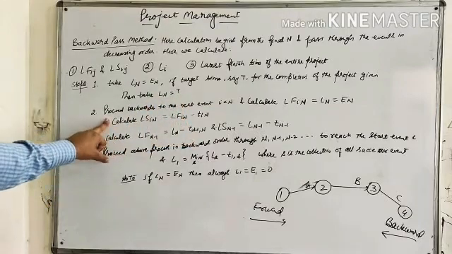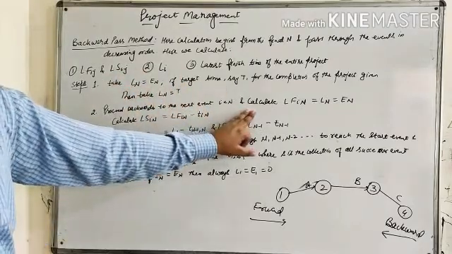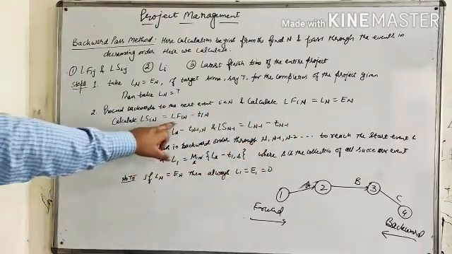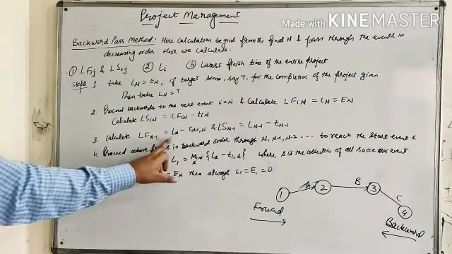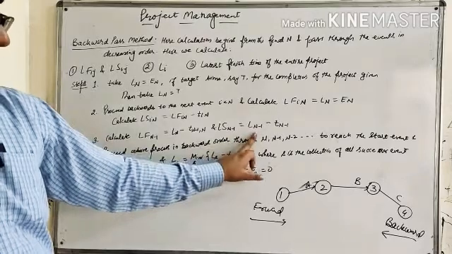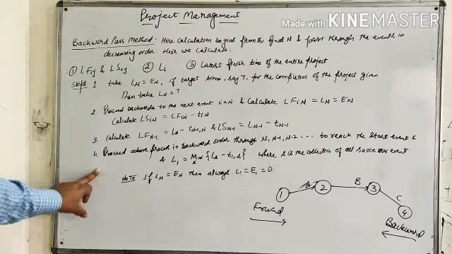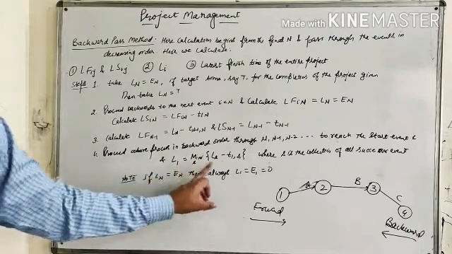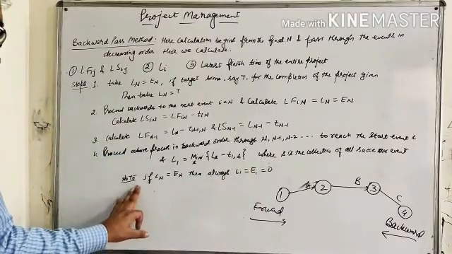Process backward to the next event i less than N, that is, from the preceding event, and calculate LFin, which equals Ln or En, and calculate LSin, which equals LFin minus Tin. Now calculate the next one: Ln-1 equals Ln minus Tn-1,n, and LSn-1,n equals Ln-1 minus Tn-1,n. Proceed with the above process in backward order through n minus 1, n minus 2, and so on to reach the start event 1, and L1 equals the minimum over s of Ls minus T1s, where s is the collection of all successor events.